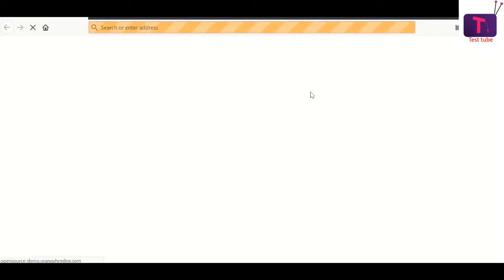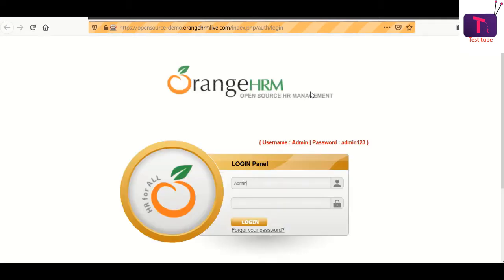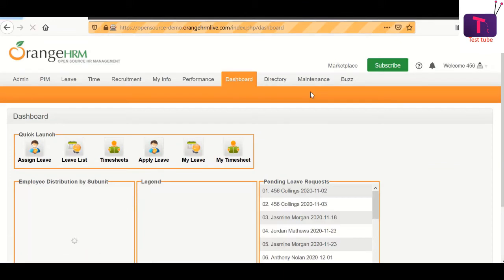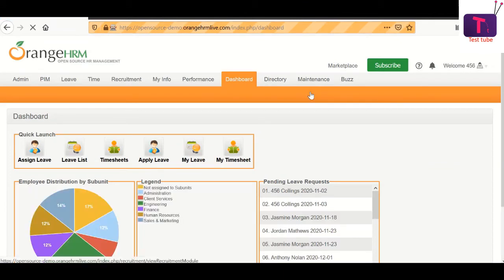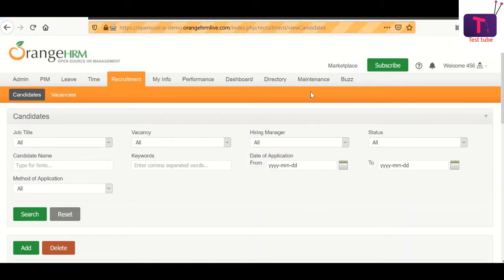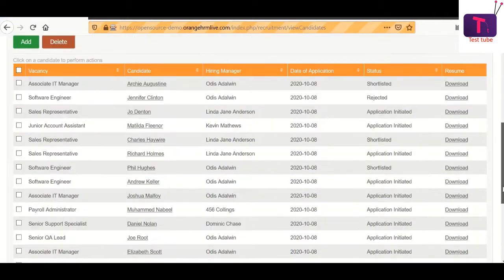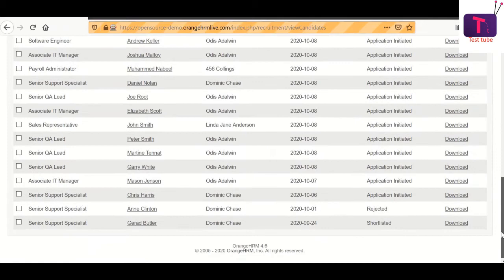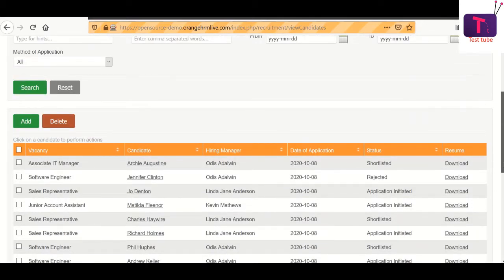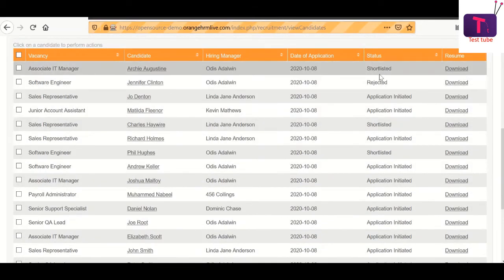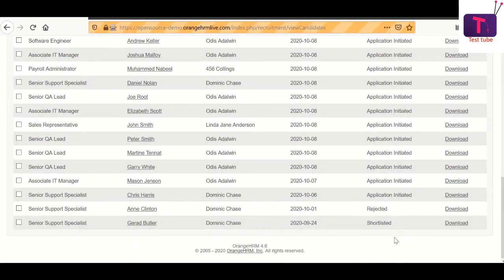It has launched the Firefox browser by default since I haven't chosen any WebDriver. It logged into the Orange HRM page using its credentials, and now it has to click on the recruitment tab, and then the next step is to identify the shortlisted candidates. Let us verify the result manually over here. 1, 2, 3, and 4. There are 4 candidates.